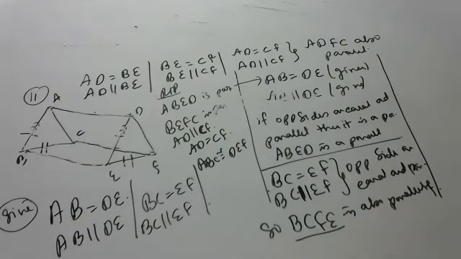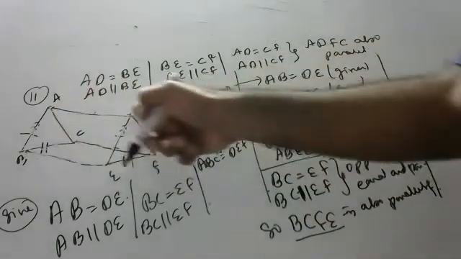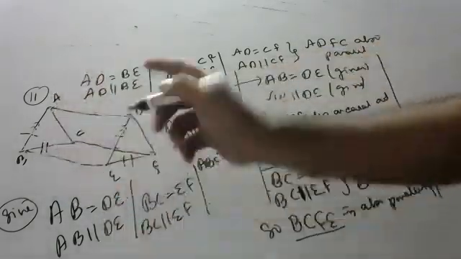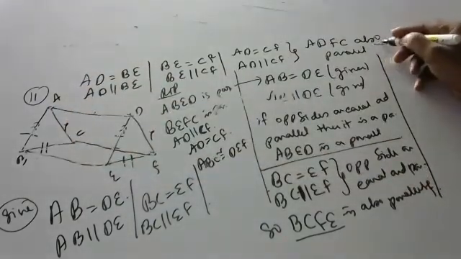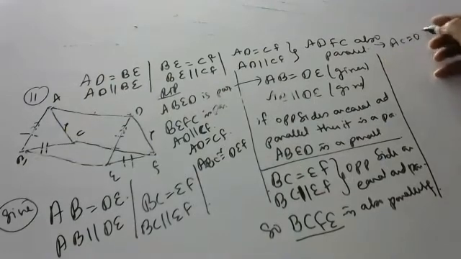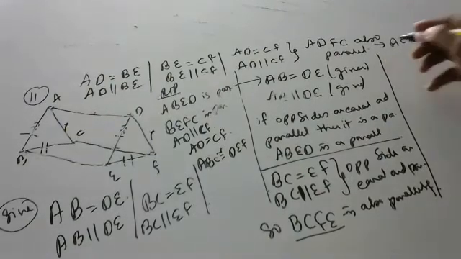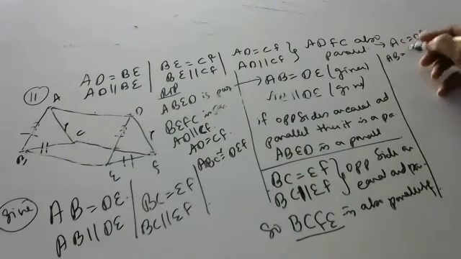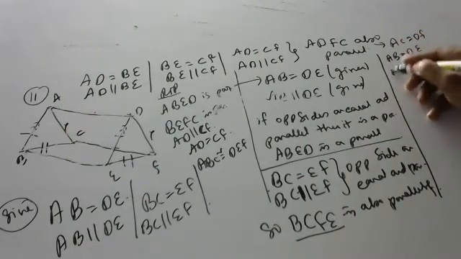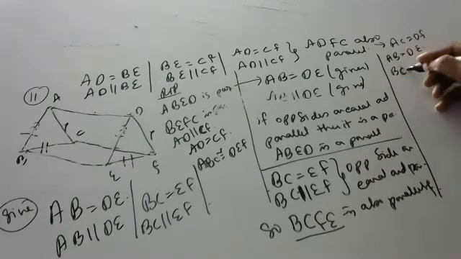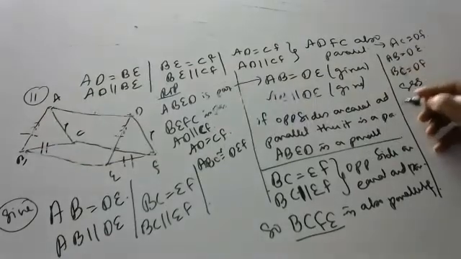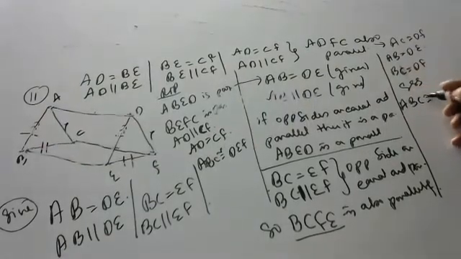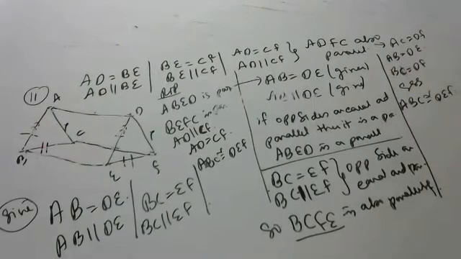Children, understood all of you? Because this is a parallelogram, AC and DF are equal. AC is equal to DF. Okay, we proved. AB is equal to DE, already they gave. BC is equal to EF, down one. BC is equal to DF, already they gave. By SSS, ABC is congruent to DEF. Yeah, all are over, children.